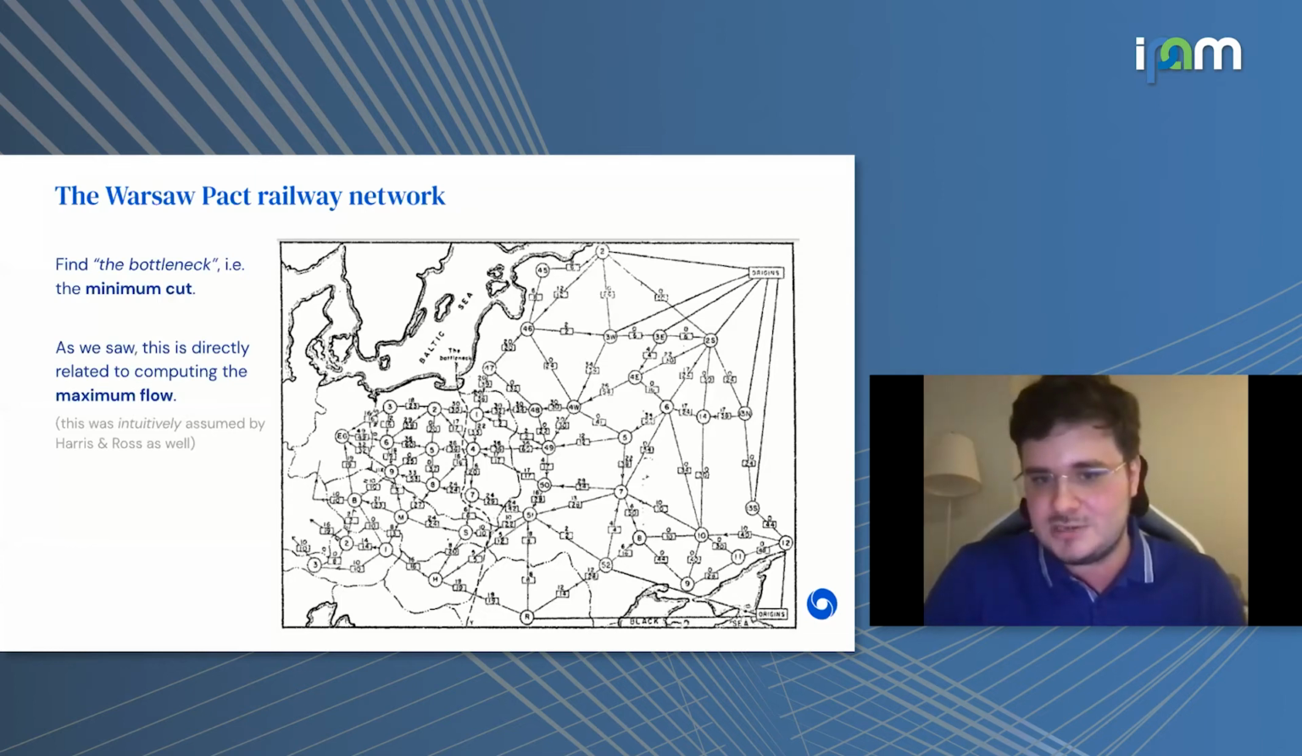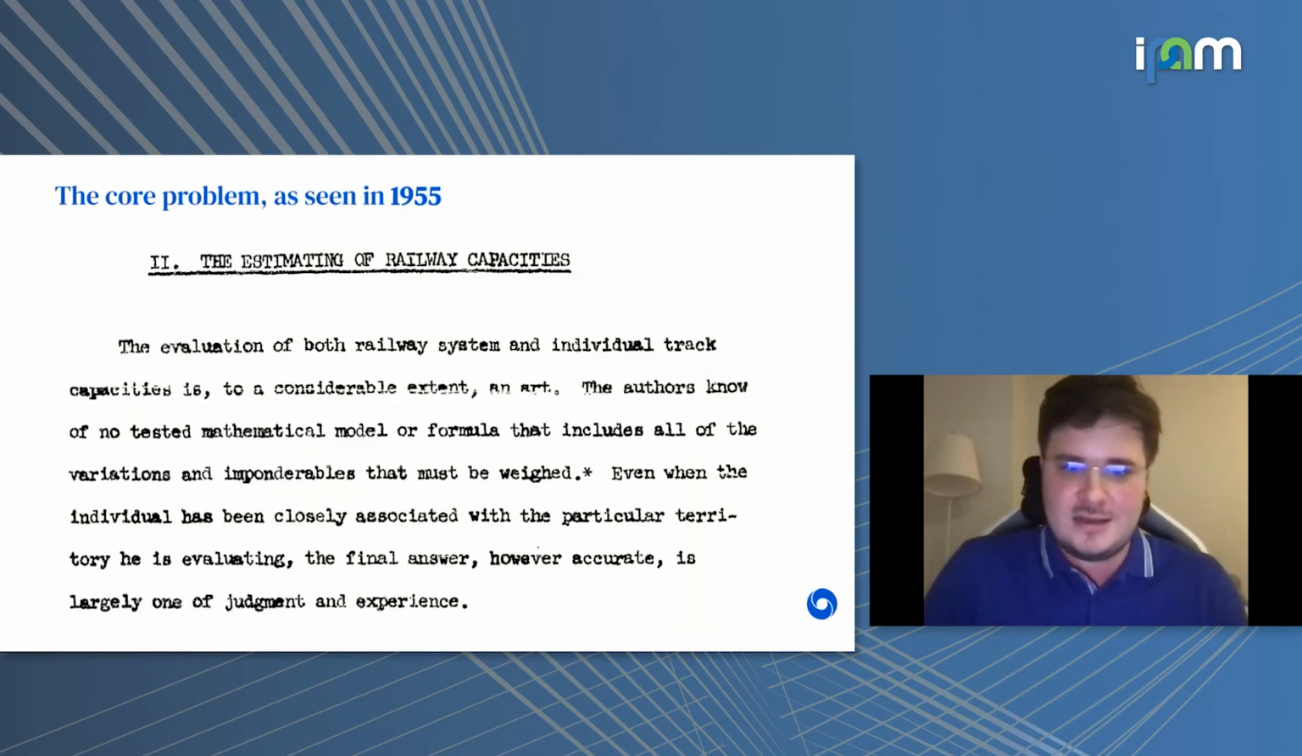You might see it on this picture if you check out this line that starts from the Baltic Sea. And this basically gives you a set of edges that need to be interdicted in order to maximally dislodge the capacity of the railway network. As we saw, we can directly link this problem to computing the max flow, and intuitively, Harris and Ross have assumed this as well, even though in 1955, it was still not known that max flow and min-cut are related problems. And in one passage, which I quote verbatim from the paper, already in 1955, Harris and Ross have identified